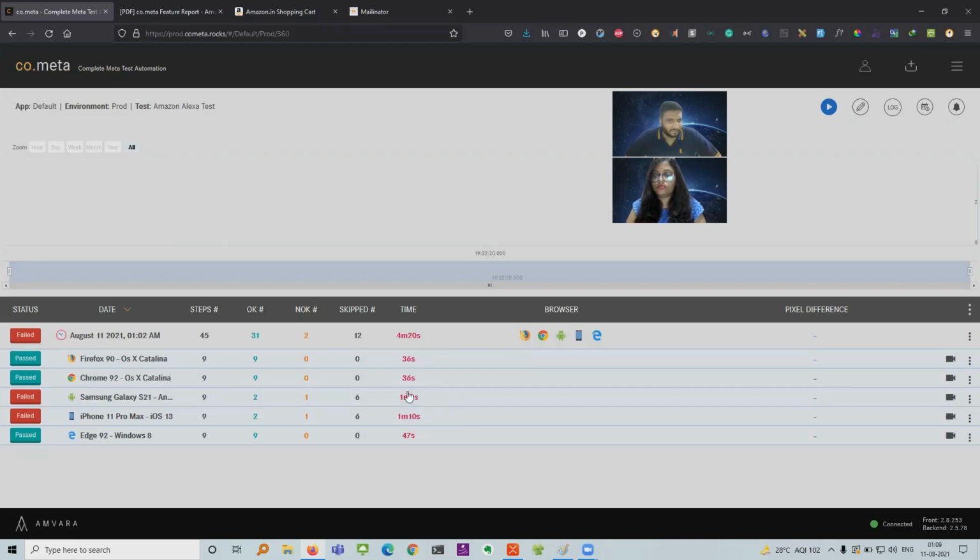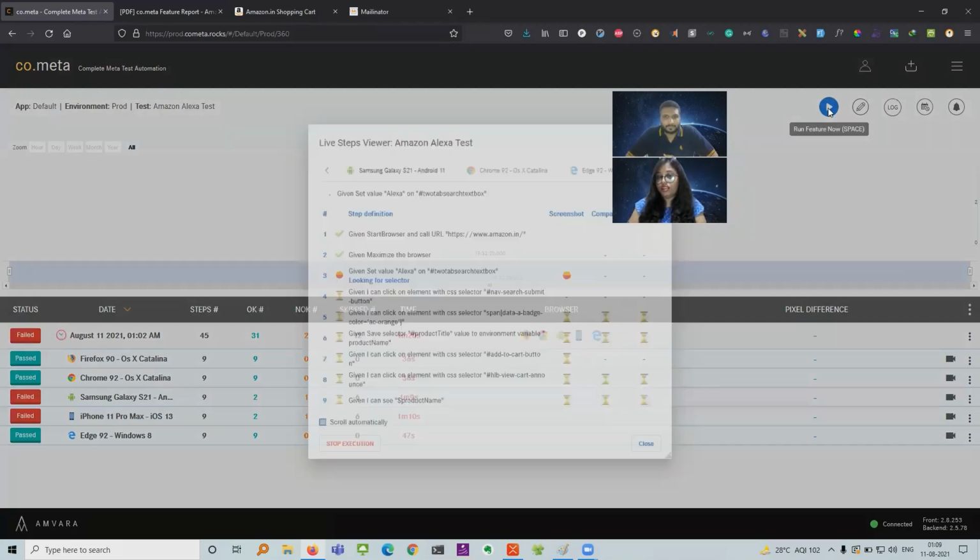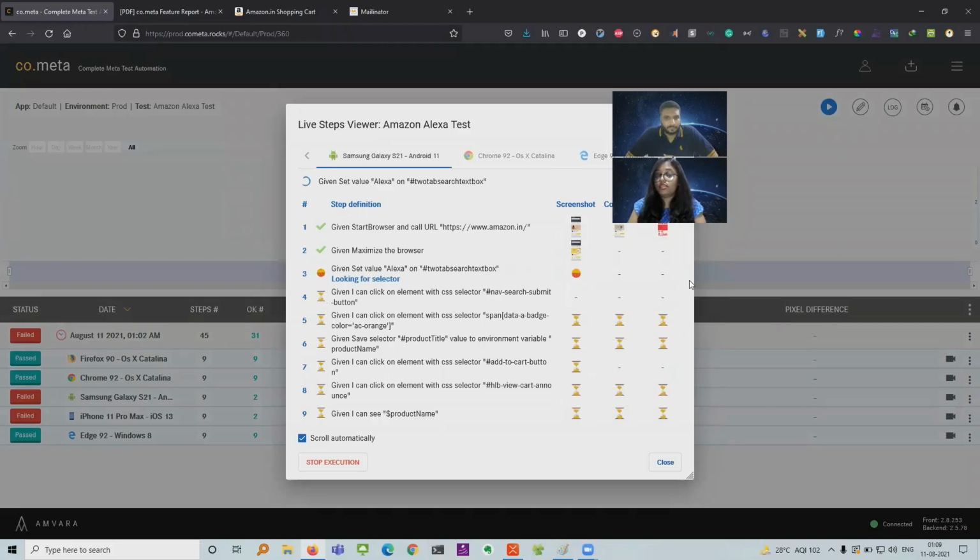But yeah, you get an analysis of the time and all, and if there is a pixel difference, then you get some data here. So OK is the passed steps and NOK is the steps that have failed, and due to the failure it is skipping some steps, then those are in the skipped steps.